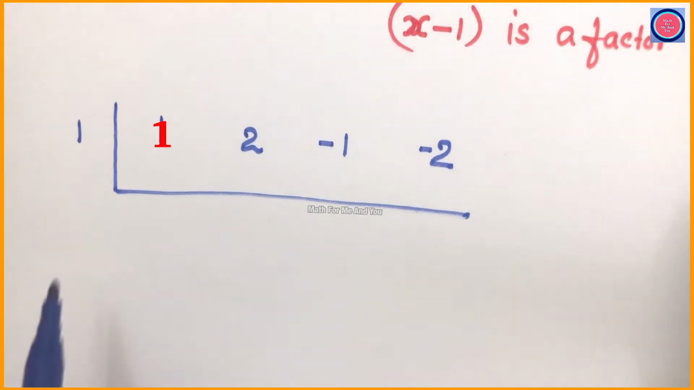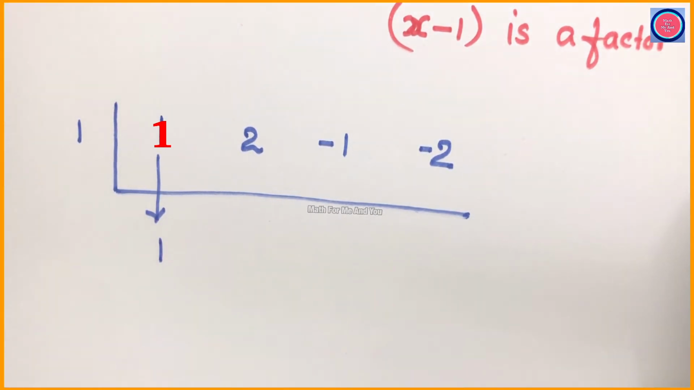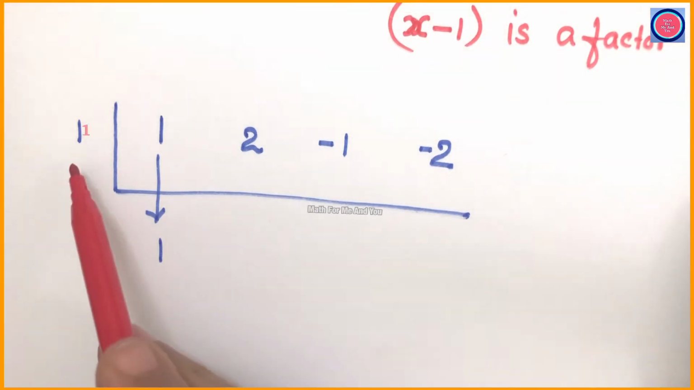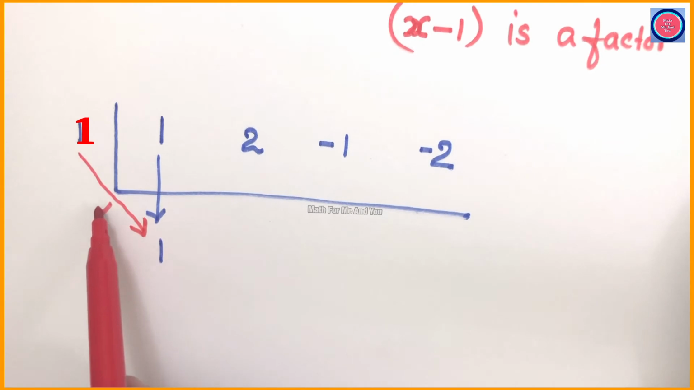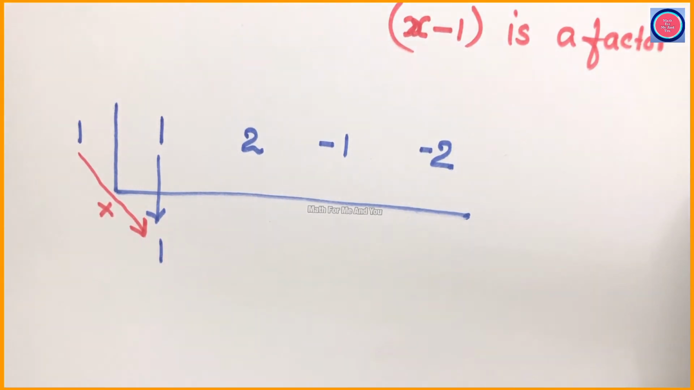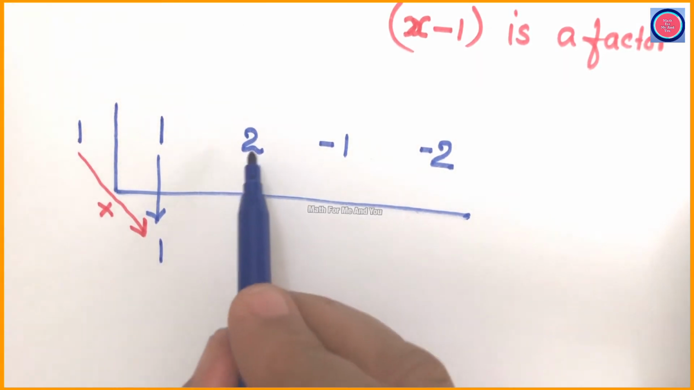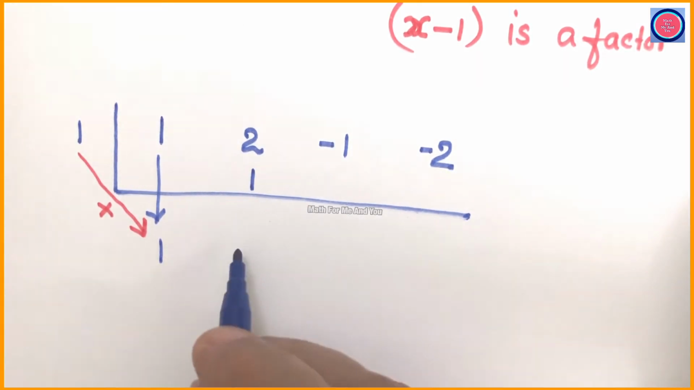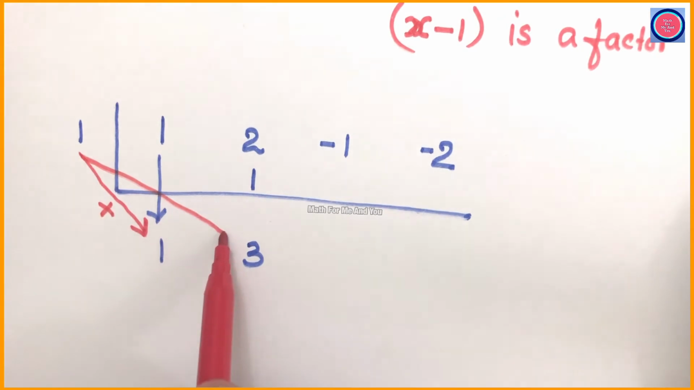First coefficient we write same as it is. We copy 1 same as it is. Next, the root, that is 1, diagonally multiply with 1 and write the result under the next coefficient. 1 times 1 is 1. We write it down. Add these two numbers, 2 plus 1. We get the answer 3. We write it down. Repeat the same step. Root, that is 1, multiply with